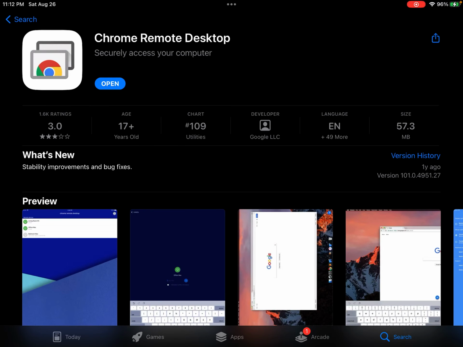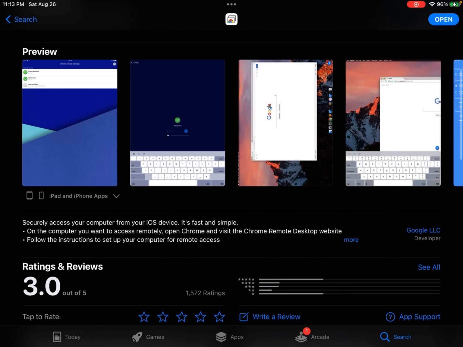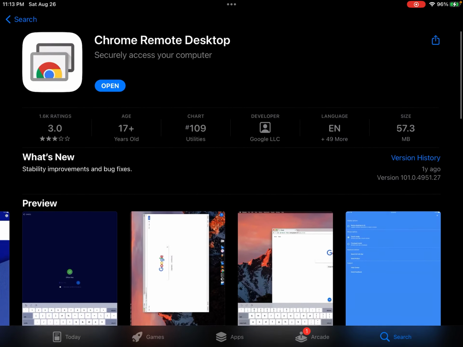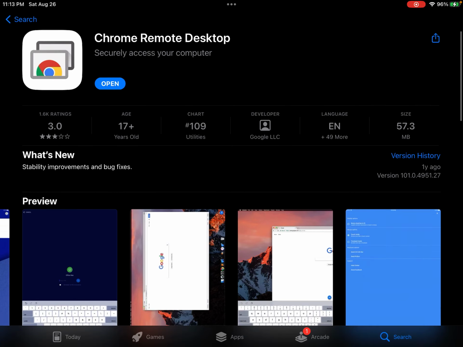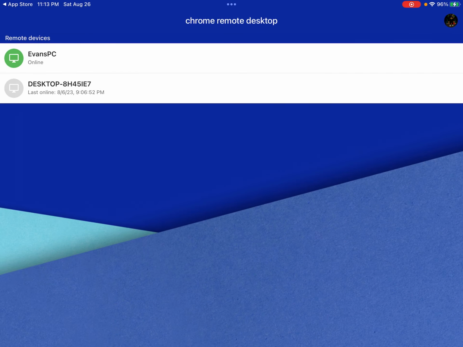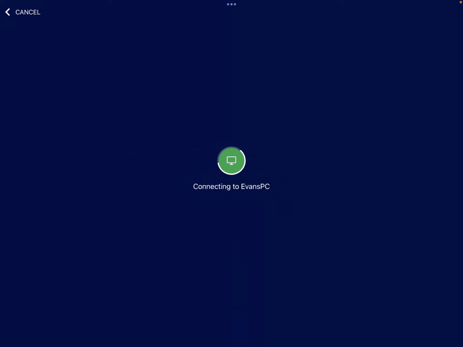This is only for Apple, and this is what it looks like. You can use it on mostly everything. I already have it, so I can already open it. Once you're here, you do not do this yet. Don't do anything yet. So first go